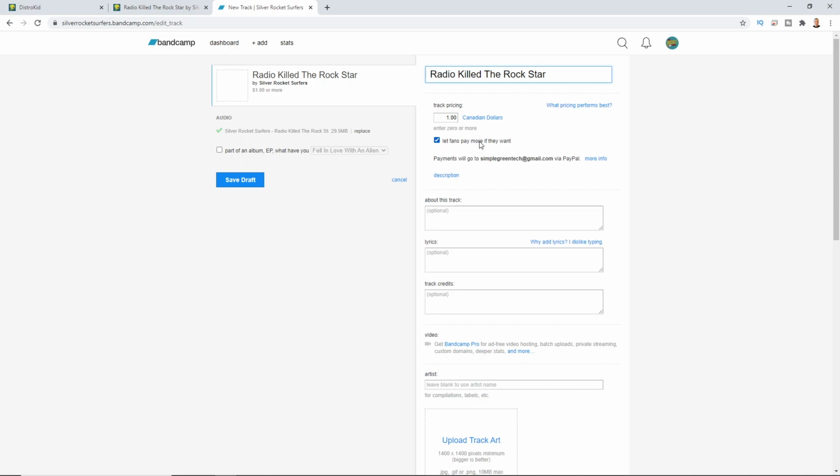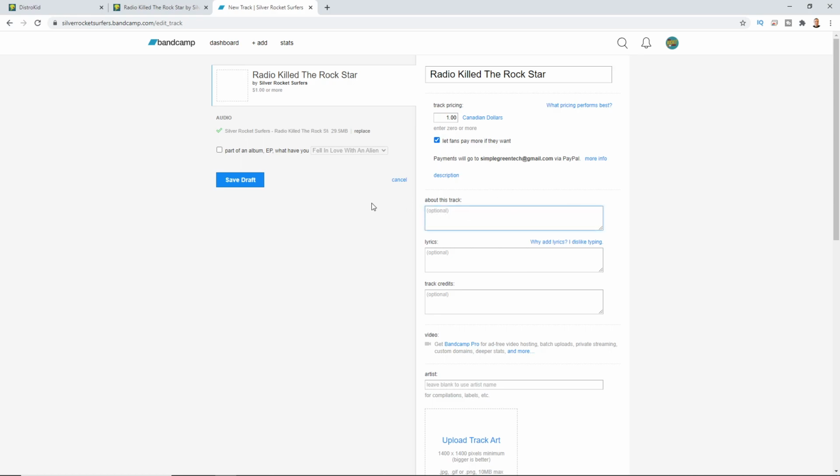And you want to make sure you have that checked because there are some fans out there who could stumble across this song, say they really like it, or they just like your story and want to support you. They'll put 20 bucks in there or 25 bucks. I know people that this has happened to, and they've gotten $25 on a cheesy song that they recorded on their iPhone with an acoustic guitar that wasn't in tune, but somebody liked their story or whatever it was, and they paid them 25 bucks, and it happened numerous times. So you want to make sure that's checked off on there.